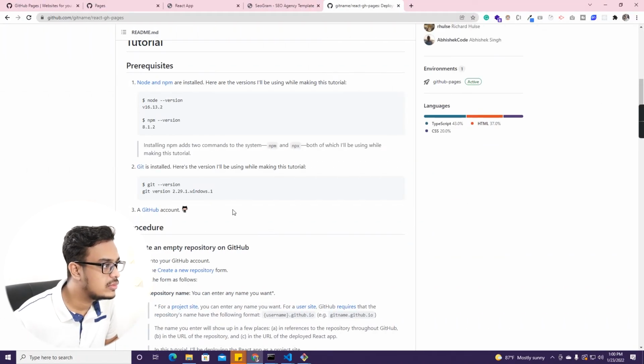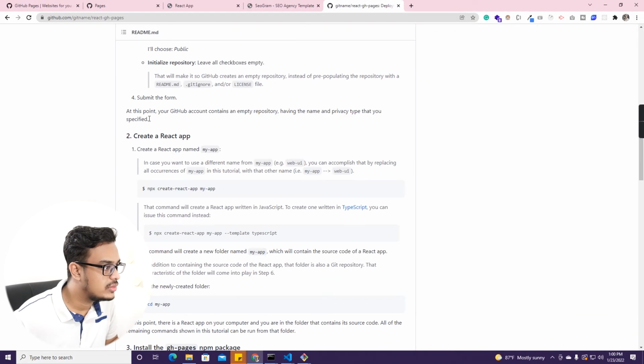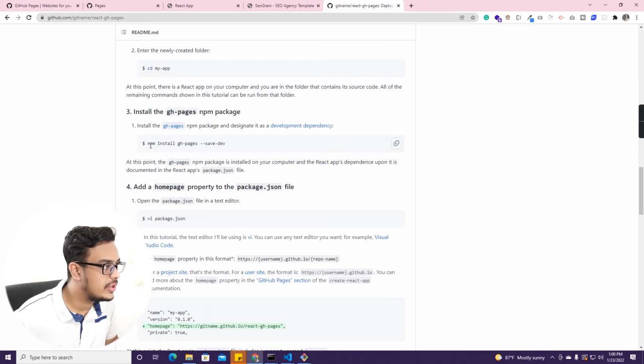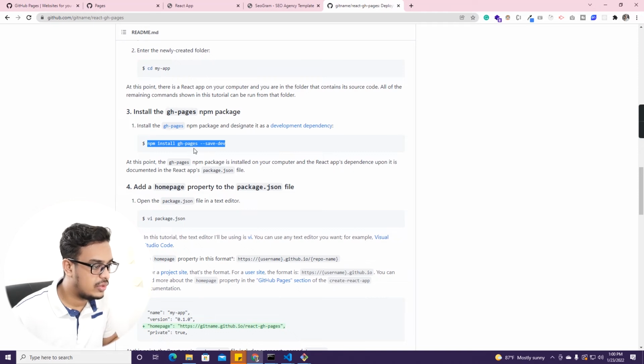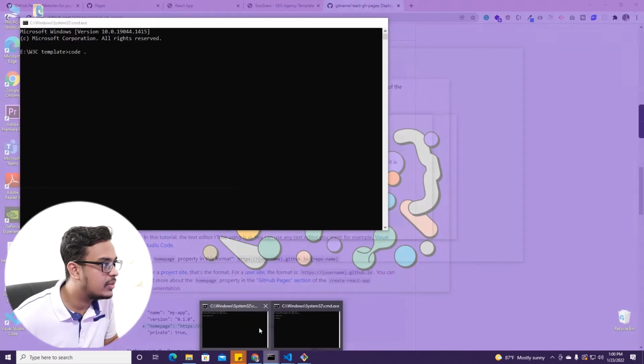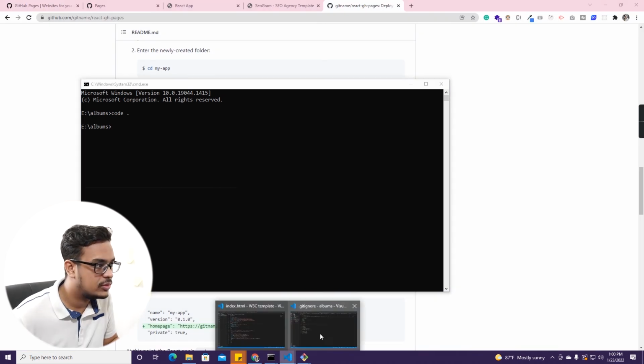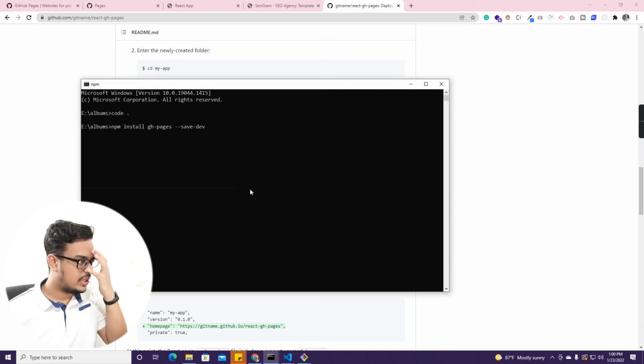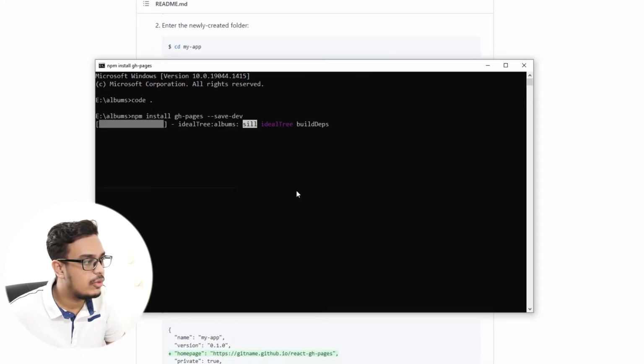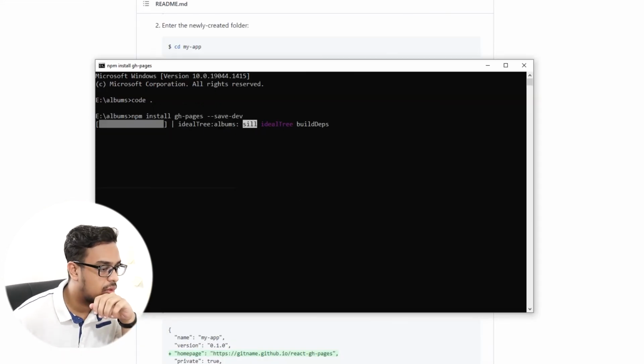Right now let me follow their guidelines first. You need to install the GitHub Pages package here, gh-pages. Let me quickly install that. So I'm in the album project. And npm install gh-pages --save-dev, as a dev dependency. So once you save,